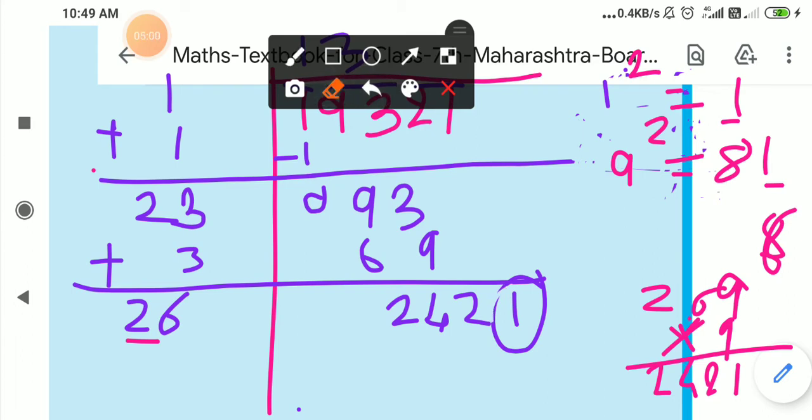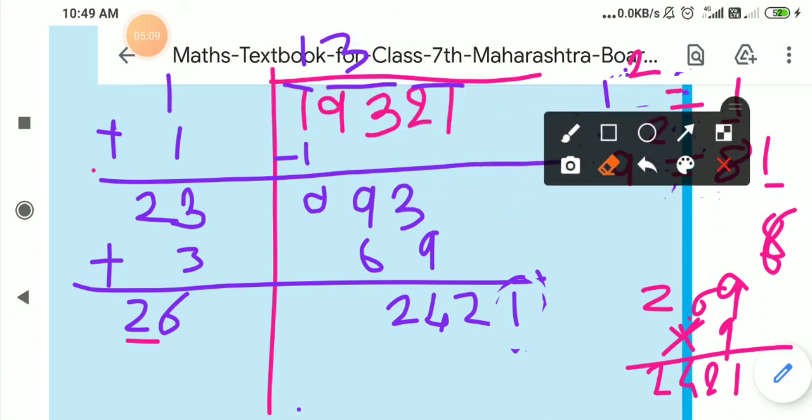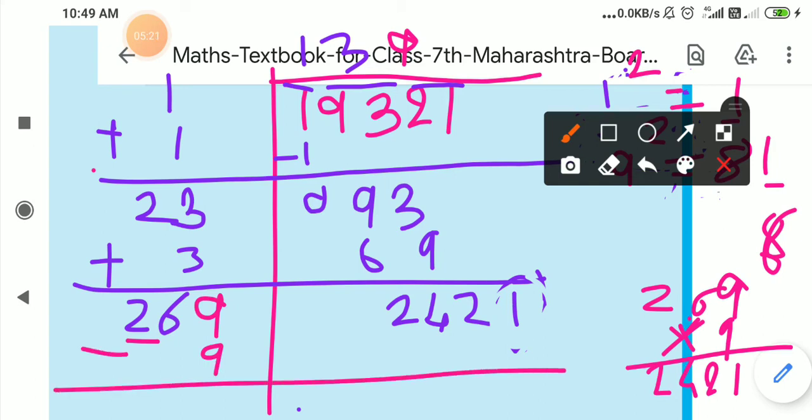Understand? So here, which number do we have to put here? One minute. Here we got 2421. So here we have to take 9. Here we have to take 9. Here we have to do the addition. 9 9s are 18, 1 carry, 7 2s, and here these two's multiplication we have to write, that is 2421.